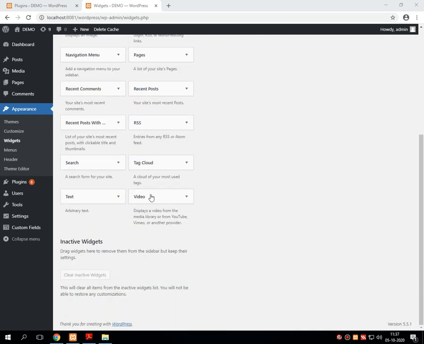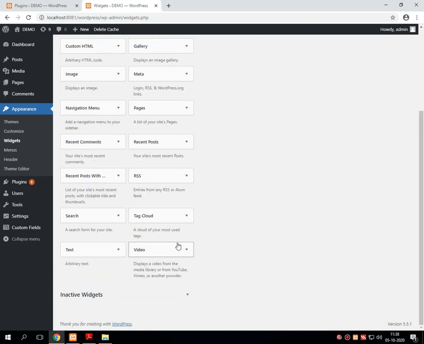All these are called as inactive widgets. Even you can see the inactive widgets drop down menu over here. Suppose some of the widgets I have kept as inactive widgets, then it will be displayed over here.